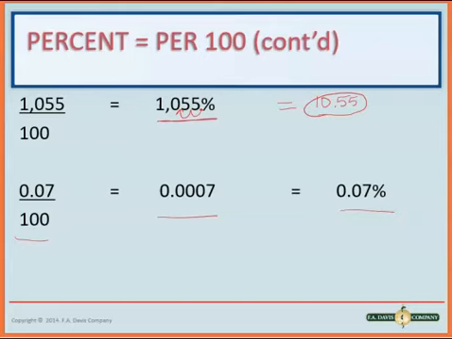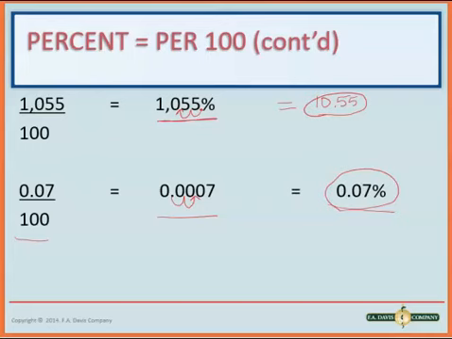The last example is already worked out for us, but let's go over it. It's 0.07 over 100, and your decimal is 0.0007, and your percentage is 0.07%. But how did they get to that 0.07%? Again, they would have to move their decimal. Their decimal's here, and they're going to have to move the decimal to the right 2 spaces, and you're going to end up with your